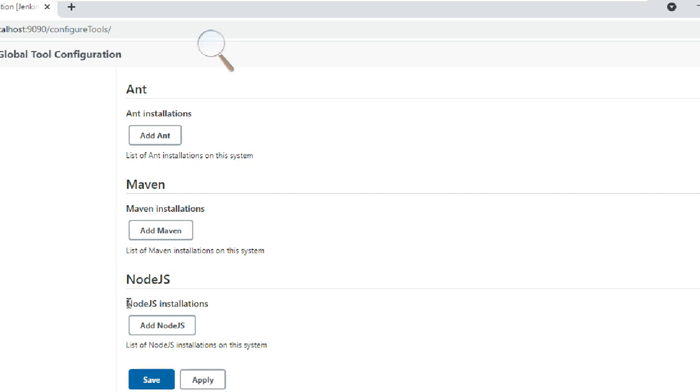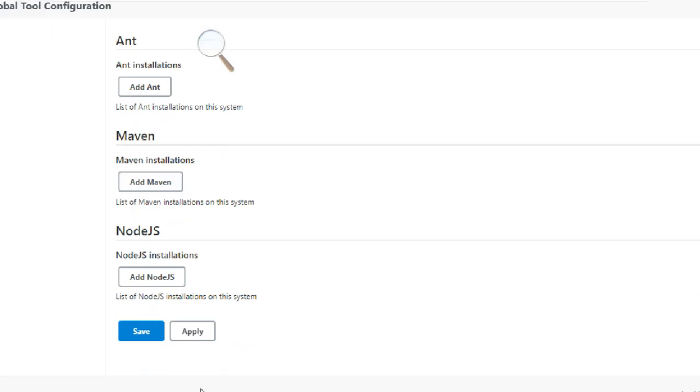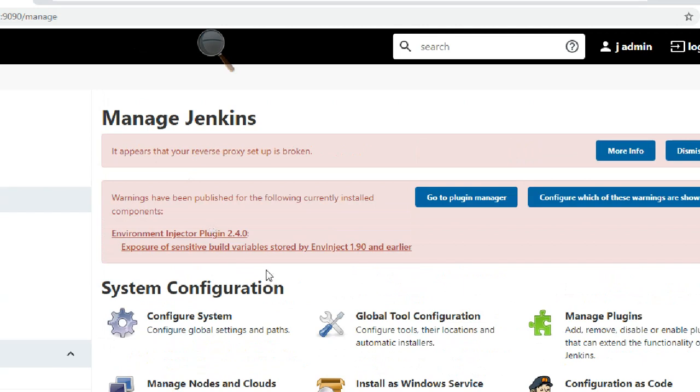Okay, Node.js, maybe this is familiar to you. Node.js, React.js, these things are also there, no? Save it and apply. When I click on save, it applies automatically.